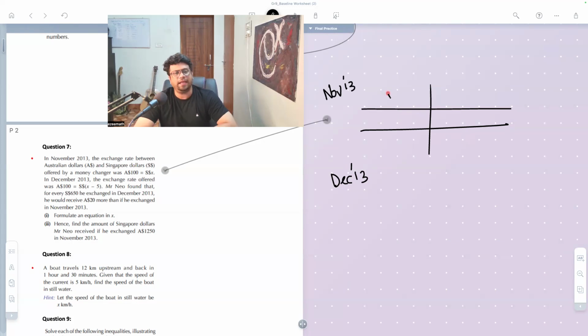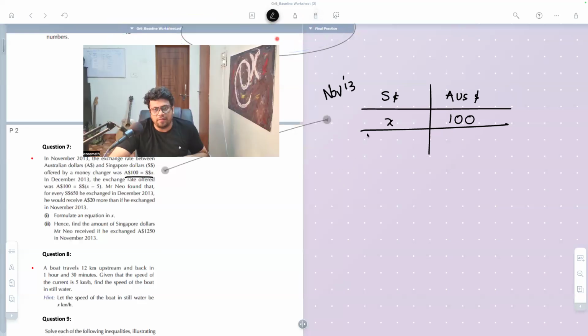Well, we can take up Singapore dollars and Australian dollars here. See, in November, if you take X Singapore dollars, you're going to get 100 Australian dollars. Okay. In that case, 1 Singapore dollar is going to be 100 divided by X Australian dollars. And if you're looking to exchange 650 Singapore dollars, their Australian